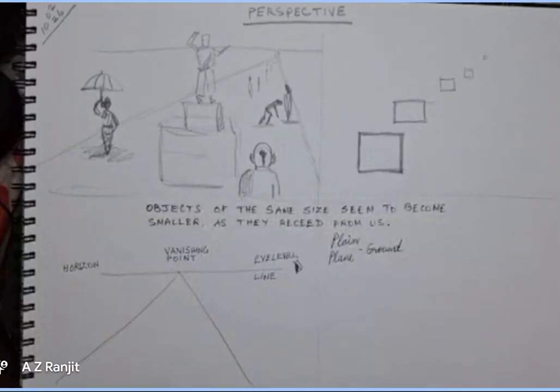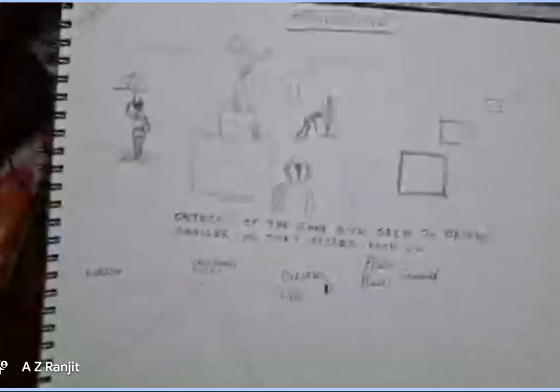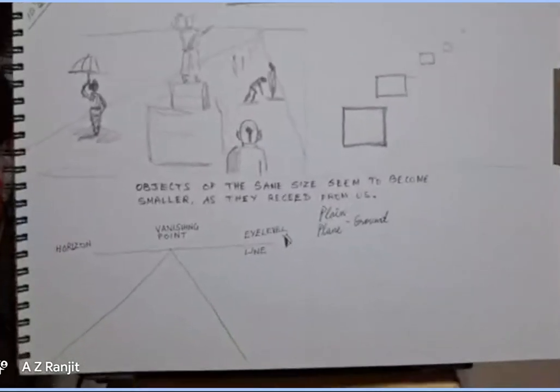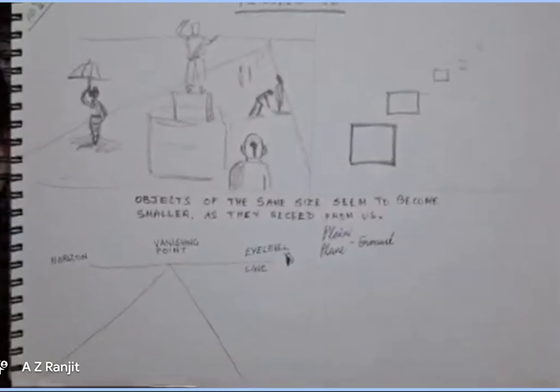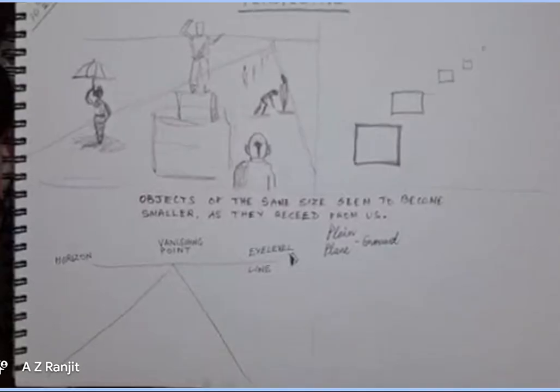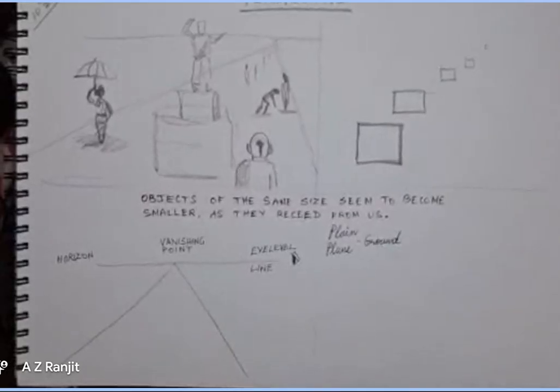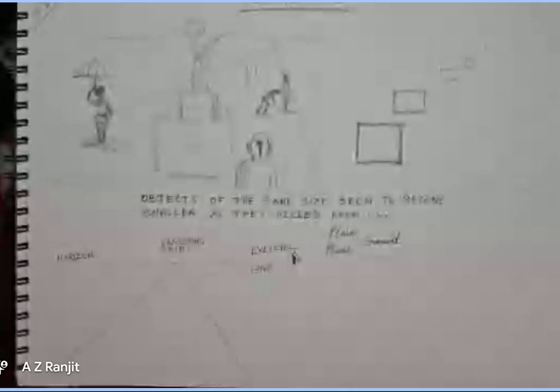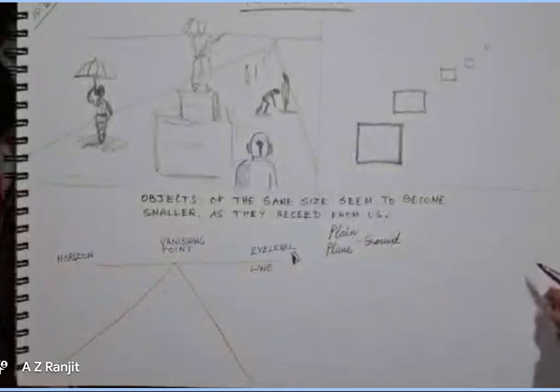And looking straight. If you can watch this camera, so you're giving a straight look like that. If your chin is parallel to the ground, that is when you give a straight look, and your eye is also giving a straight look. You'll see the horizon. So if you draw a line,